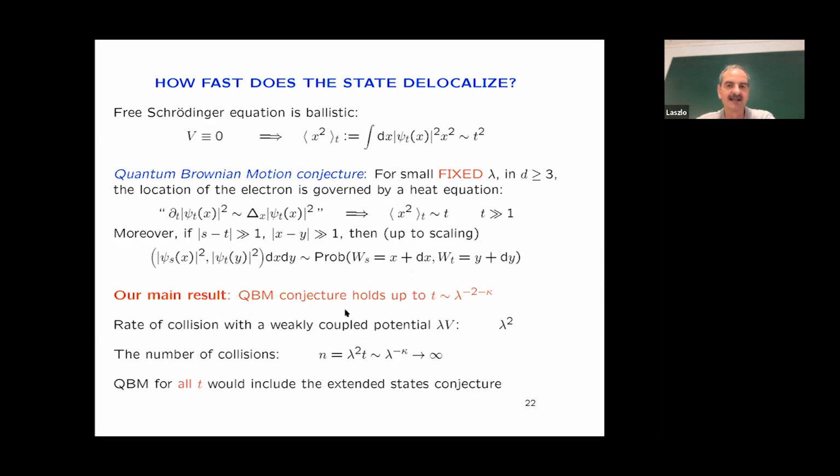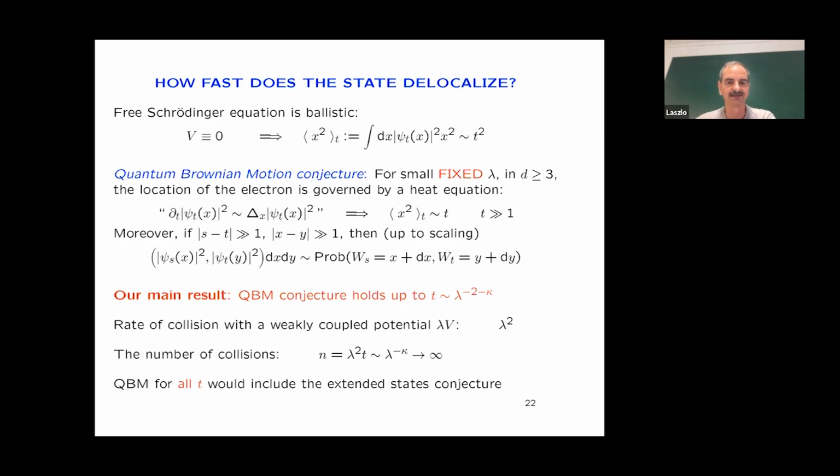Now, what our main result informally says is that this conjecture, this diffusion, holds up to a certain time scale, and the time scale is lambda to the minus 2 minus kappa. Kappa here is a small positive number, say 1 over 100. This is a technical thing. The important thing is that this kappa is positive. So we will see in a moment why lambda to the minus 2 is a natural scaling. Up to lambda to the minus 2, nothing happens. At lambda to the minus 2, the Boltzmann equation emerges. And if you run it for an even longer time with an additional factor, lambda to the minus kappa,